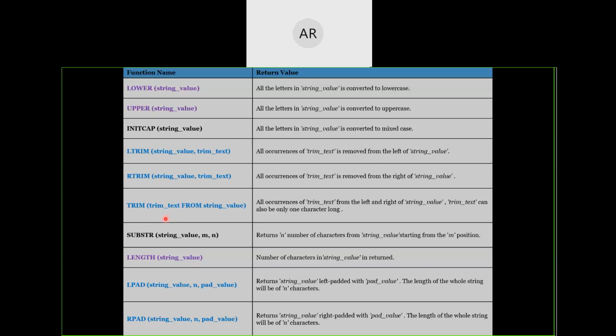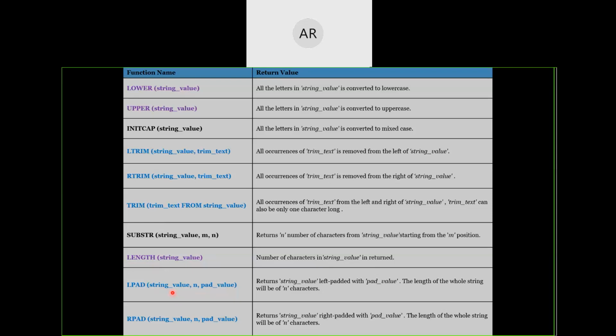Substring will generate a substring for us, starting from the M position for the number of characters which we have specified. Length returns how many characters are there in the string which we have mentioned. LPAD will attach the pad value, the default value we have mentioned, to a given string so that it becomes a fixed number of characters.